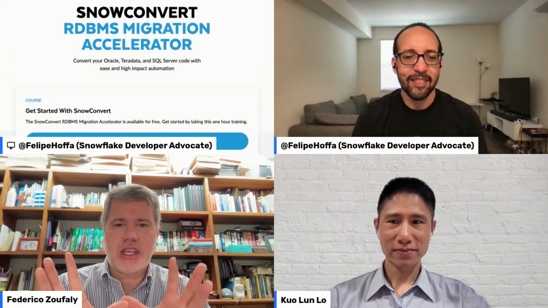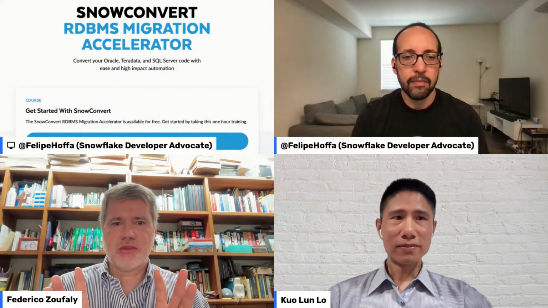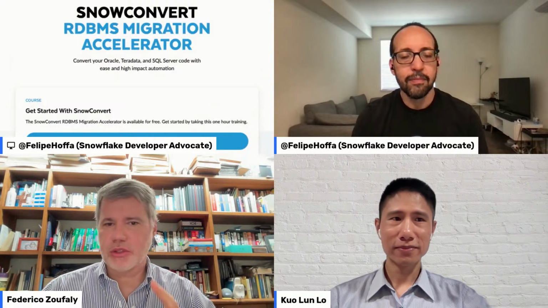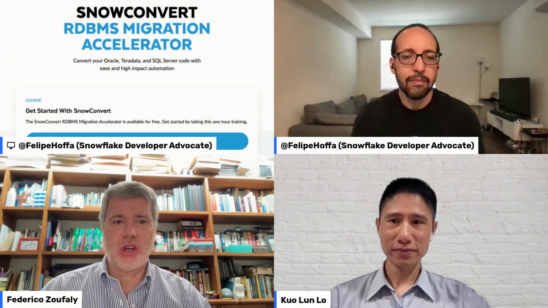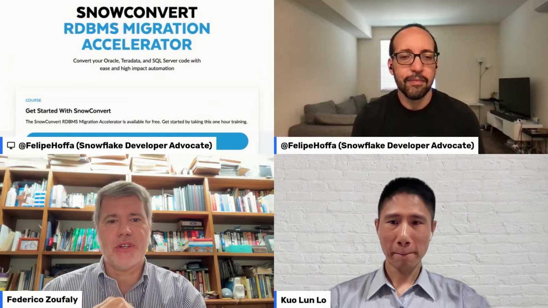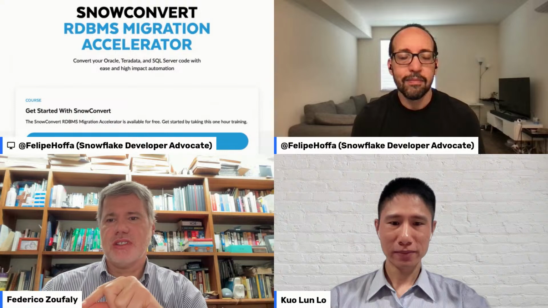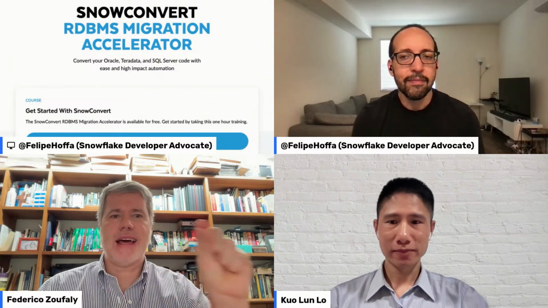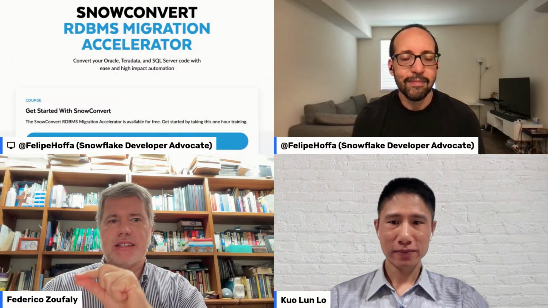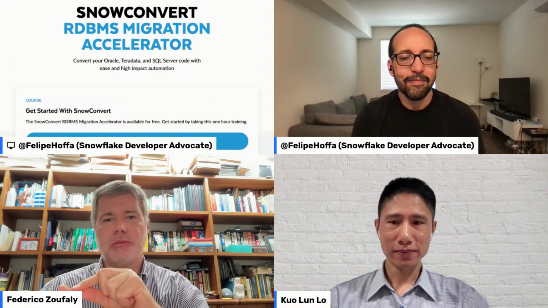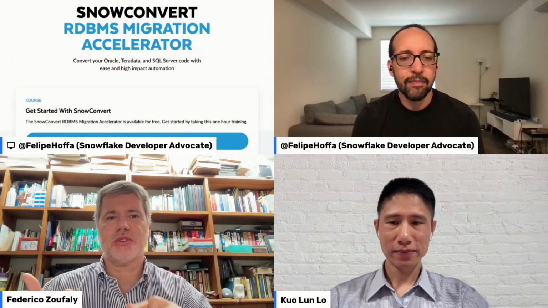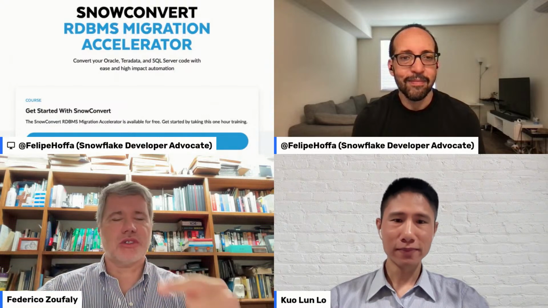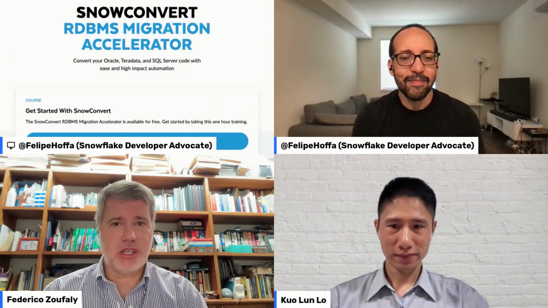And we always try to take an approach where SnowConvert needs to understand the whole context of the migration. So understand all of the tables, all of the views, all of the stored procedures, so that it can make the right inferences whenever, for example, there is a database name change or a data type change between platforms. I know that that specific column has a new data type, and so when I convert the stored procedures, I take that into consideration, so that the migration is always as good as it can be.